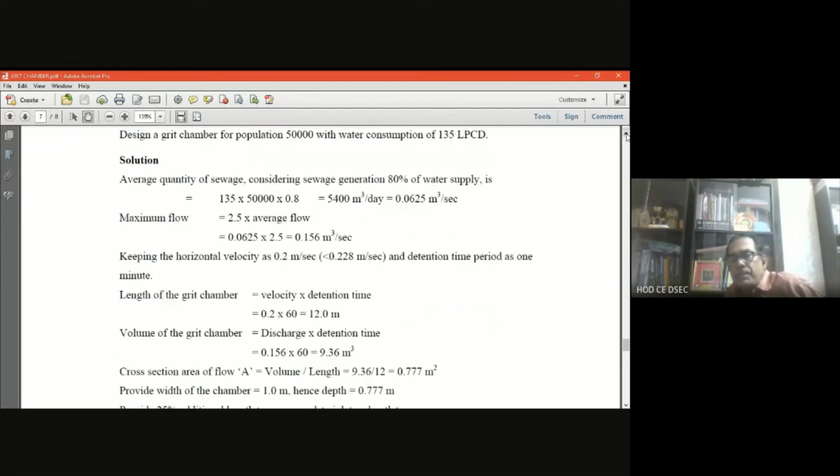So what is the basic purpose of the grit chamber? Grit chamber is for removing the inorganic particulate matter. It simply acts as a settlement basin. Instead of organic material, here the inorganic material settles, like grit particles, like sand, gravel, these types of particles are settled. So this is also the preliminary treatment just after the screening process is done. In wastewater treatment, it is especially for municipal wastewater treatment, not for industrial wastewater.